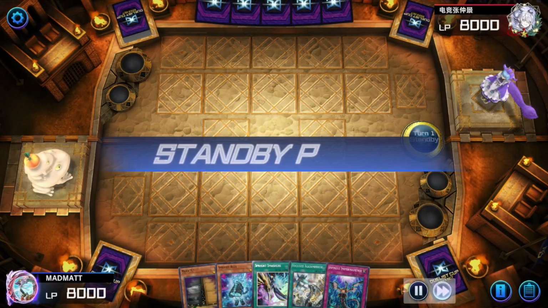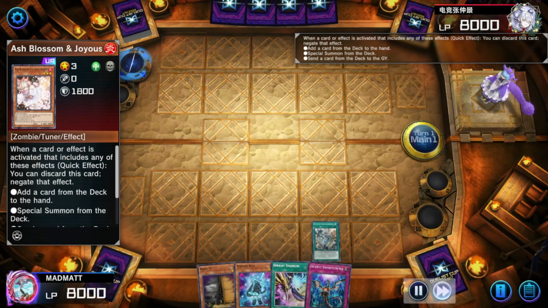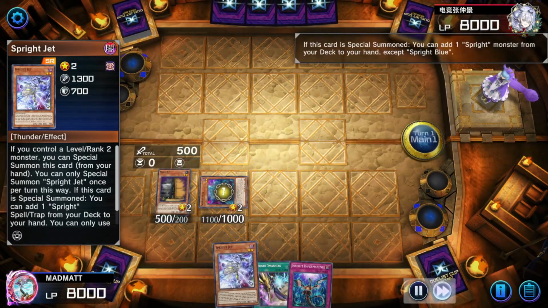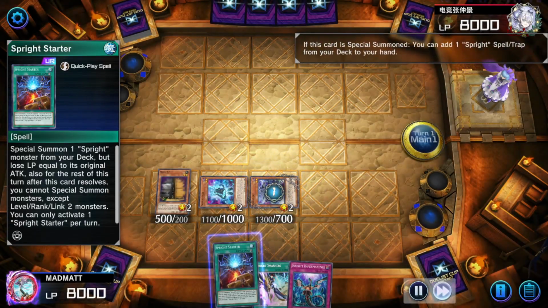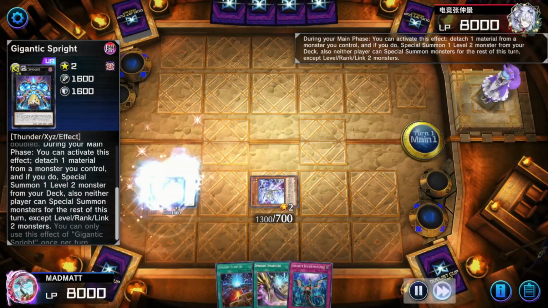Alright, last duel I have for you. We got that Focus Aquamere. This is a pretty sick hand, and that eats the Ash Blossom. Unfortunate, but at least we have follow-up here. You know, we got the normal summon maxq, special summon blue, the classic, blue Jet Starter, overlay for Gigantic,